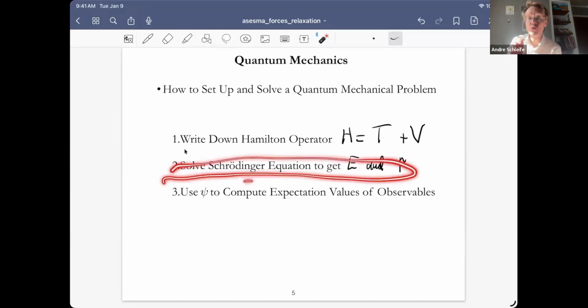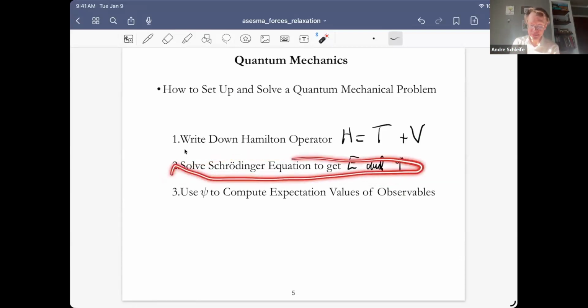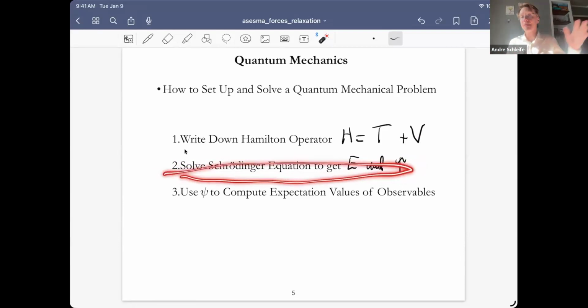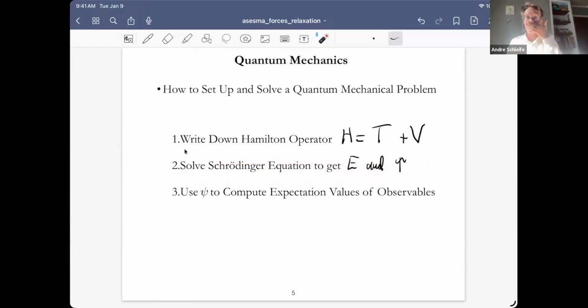This step is super difficult. When I say difficult, you can describe that in different terms. For instance, the mathematics is very complicated. If you learned quantum mechanics at some point, maybe from Michele or someone else before, solving the Schrödinger equation with pen and paper is mega difficult, if not impossible. And even if you solve the Schrödinger equation numerically on a computer, still mega difficult because the computational cost, the amount of computation that you have to use to get a solution of the Schrödinger equation,